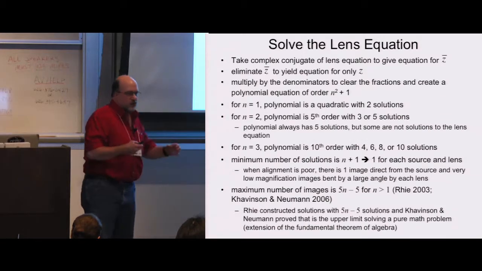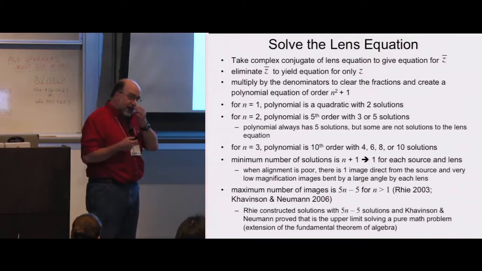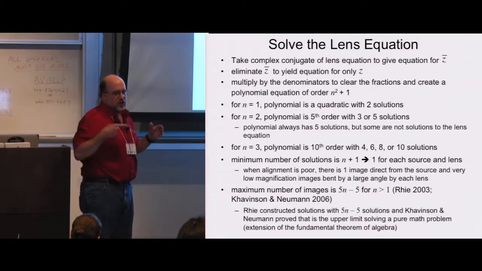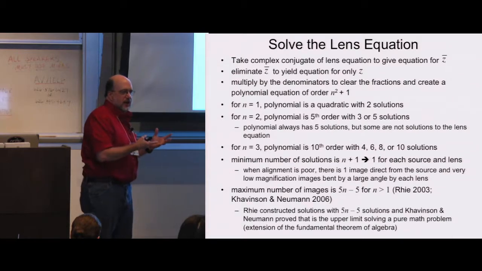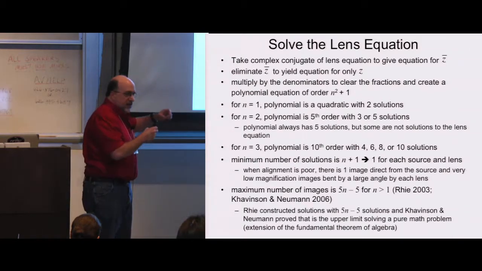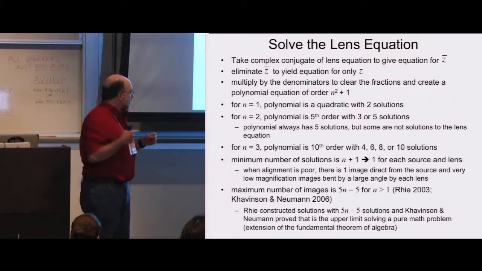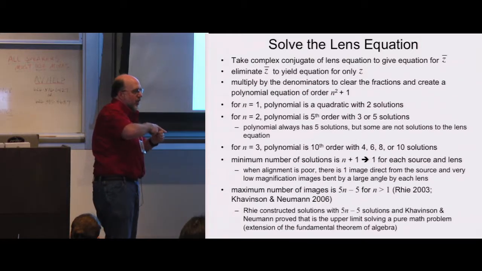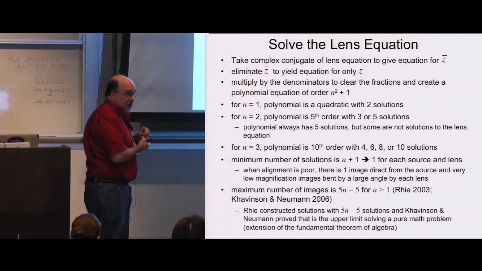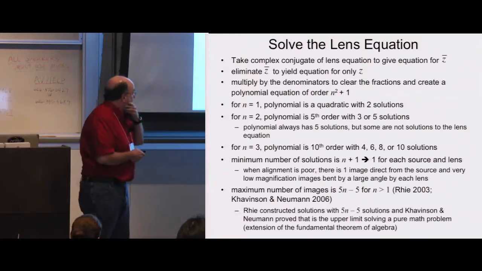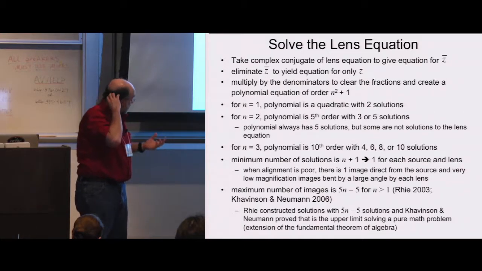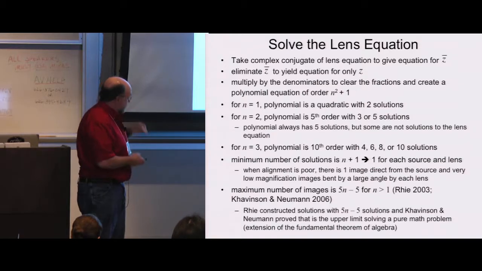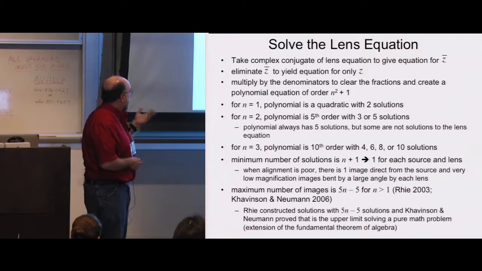So if you consider the case where the alignment of the lenses is not very good, then what you get is one solution for the source that basically goes straight to you without any deflection by the lens. And then the lenses are far from the line of sight. And so you get a single image from each lens, where the image goes quite close to the lens, is bent by a sharp angle, and that gives it very small magnification. So you get a very tiny magnification image. And we'll see this in a video in a little bit. And that's the minimum number. You know, with one mass, you always got two images. Two masses, you got 3 or 5, and